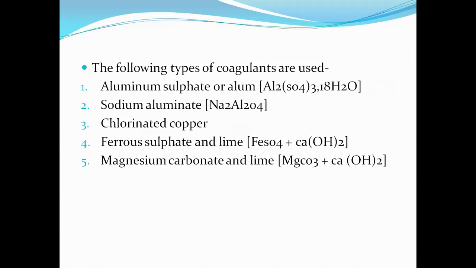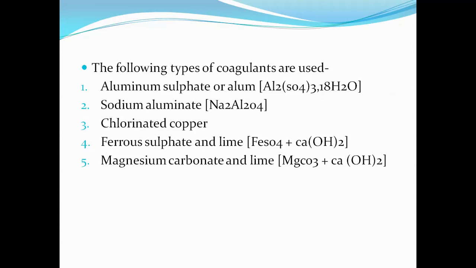Now see, what is coagulation? Coagulation means adding certain chemicals into the water. Then this chemical makes a spongy gelatinous substance which attracts the fine particles or impurities in the water and makes a bigger mass, and this settles down at the bottom of the tank and forms the sludge. Then there are four processes of coagulation.